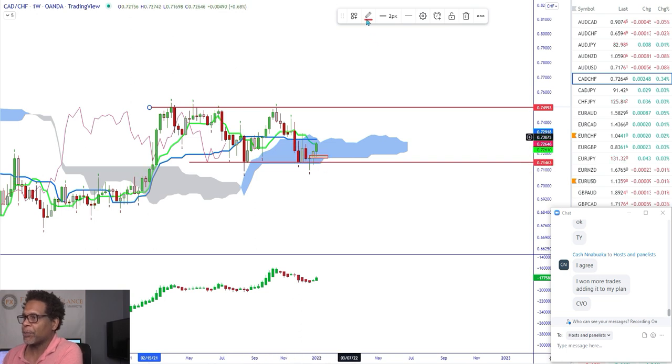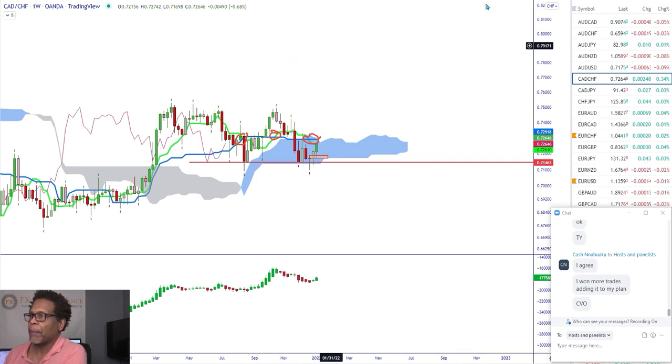And you know what else is telling us we're flat? Your cloud is telling you you're flat. You have nothing. You know what else is telling us we're flat? You got 1 crossover, 2 crossover, 3 crossover, and getting ready to be another one. So we know we're flat there. So this market is not giving us anything on this time frame, all right, on the weekly time frame. So it's a very flat market, but it just bounced off of a level moving higher, it looks like.